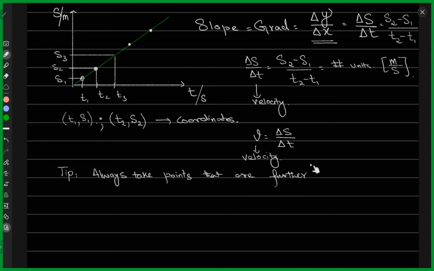Why do you do that? That means that you want to cover as much of this line as possible. If I take 2 points which are further apart, that is going to help me reduce the random errors in my result for velocity, because the further the points are,